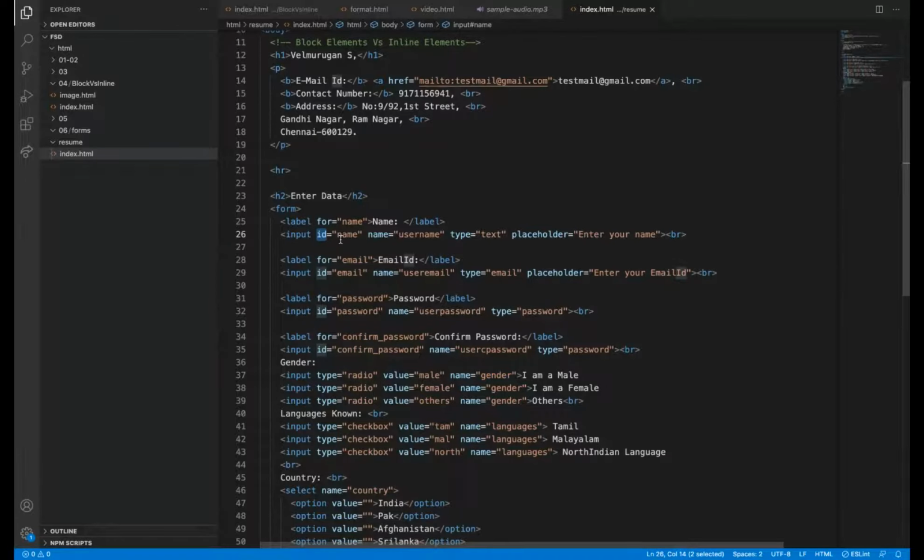In a page, the ID should be unique. If I want to add an ID here, it should be unique. Gender male, gender female. So the ID should not be repeated at all. Keep in mind, ID should be unique.